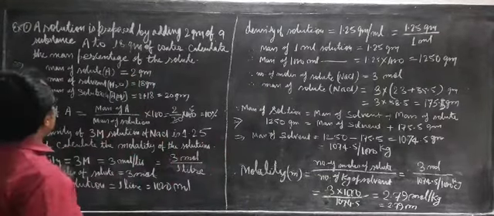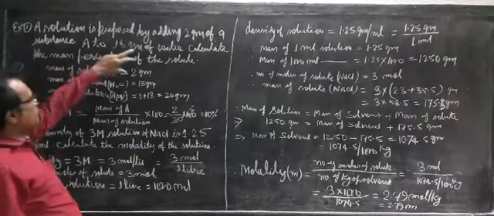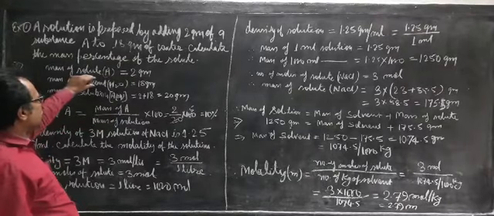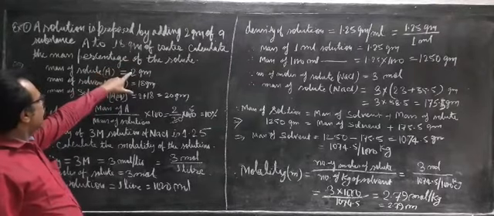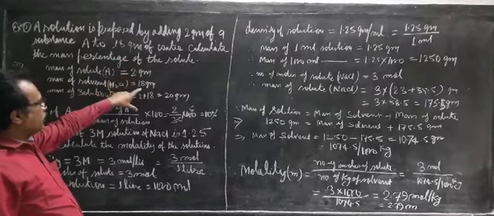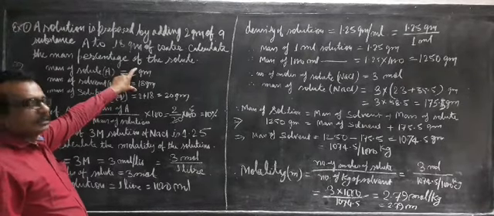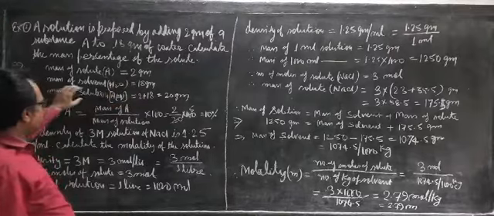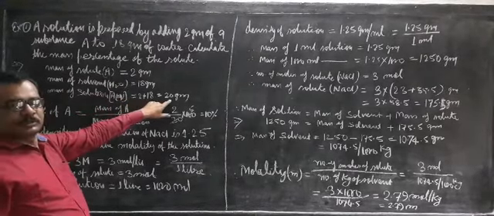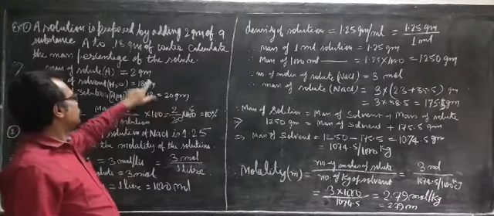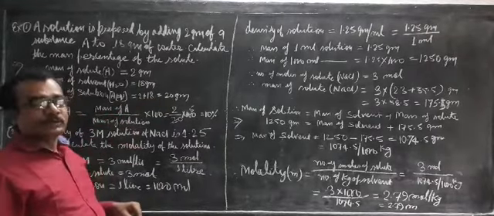So in this, first of all find the mass of the solute, which is 2 gram. Then the mass of the solvent, that is water, which is given as 18 gram. So 2 gram of the solute is added to 18 gram of solvent. When solute and solvent mix with one another, it is called a solution. That's why the mass of the solution is 2 plus 18, that is 20 gram. So now you have got 20 gram of solution, 2 gram of solute, 18 gram of solvent.